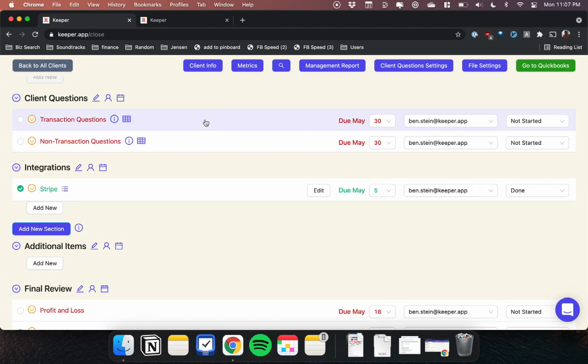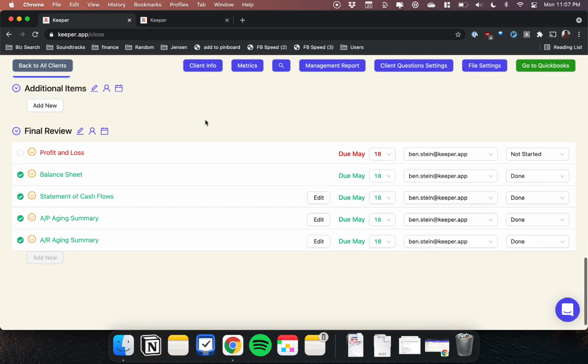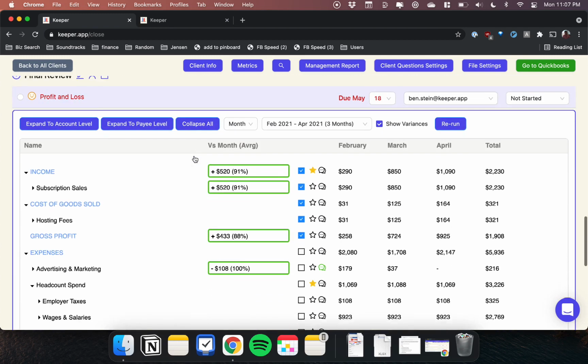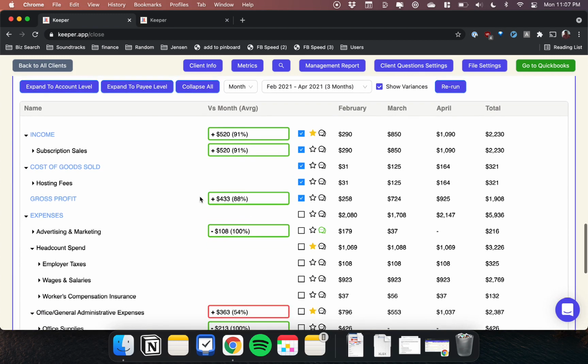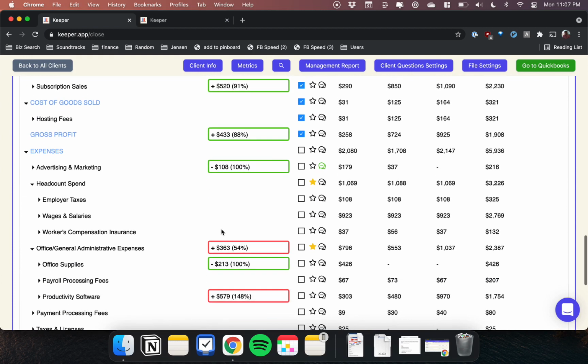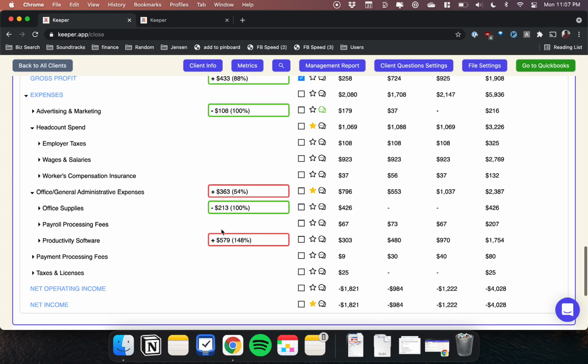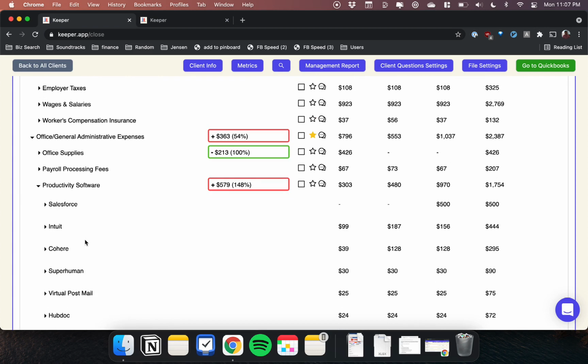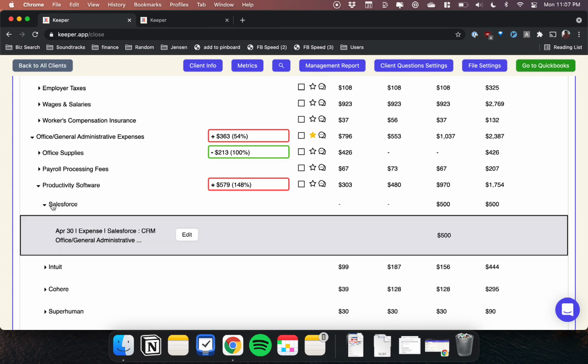Once you've gone over the reports, you can also review the financial statements. Here, Keeper will automatically flag accounts that deviate significantly from the historical average. This is another great way to identify coding errors, as well as genuine business changes to alert your clients about. And if you want to drill down further, clicking into an account will show you the vendors sorted in descending order of spend. Continue drilling down, and you can see all those transactions as well,